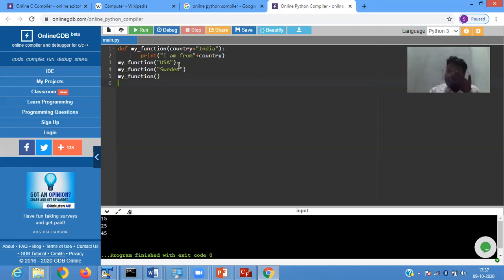We call the function with USA and Sweden, so it is showing you I am from USA, I am from Sweden. But here we are not passing any parameter and we are calling the function. If you are not passing any parameter, by default, the default parameter is initialized. So it is showing you India. Clear? Yes, sir.